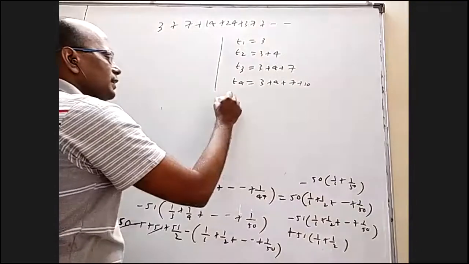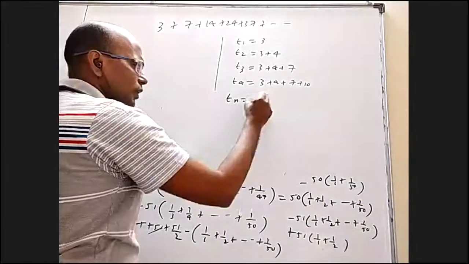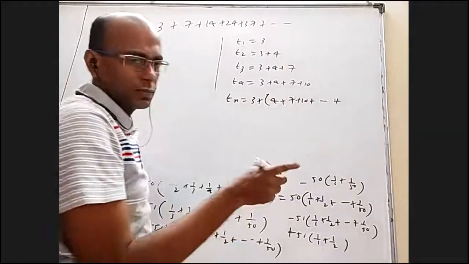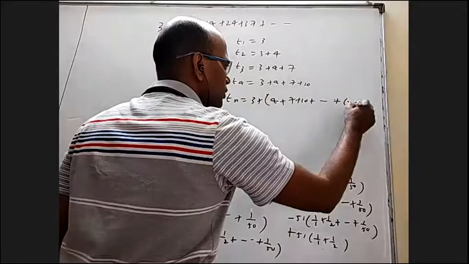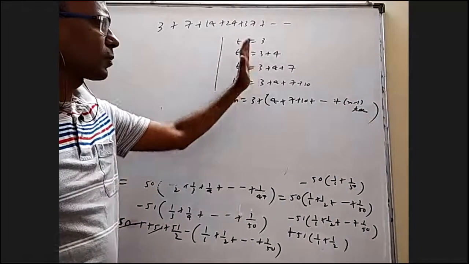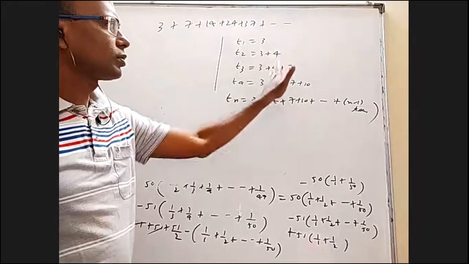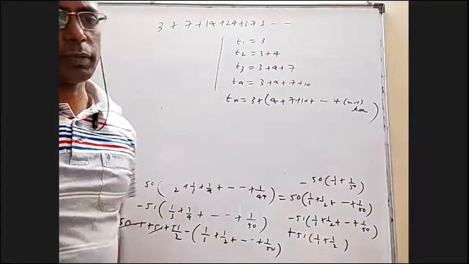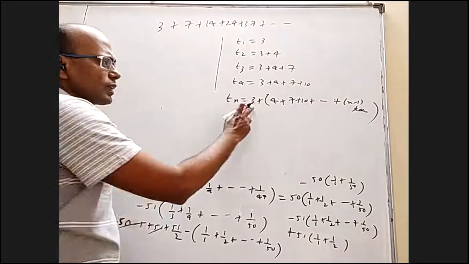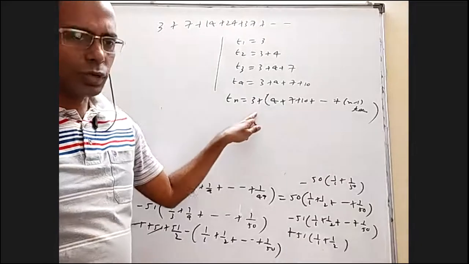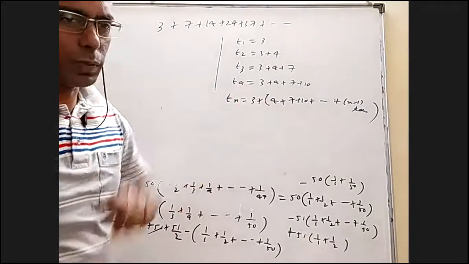So when you are writing your nth term, it is 3 plus 4 plus 7 plus 10, and so on, up to not n terms, up to n minus 1 terms only, because this 3 is not participating in AP. 4, 7, 10, they are AP. In the fourth term, we have only 3 terms of the AP part. If somebody wants to bring this 3 also into the picture, according to this AP, the previous term of 4 would have been 1. You can write 3 as 2 plus 1.